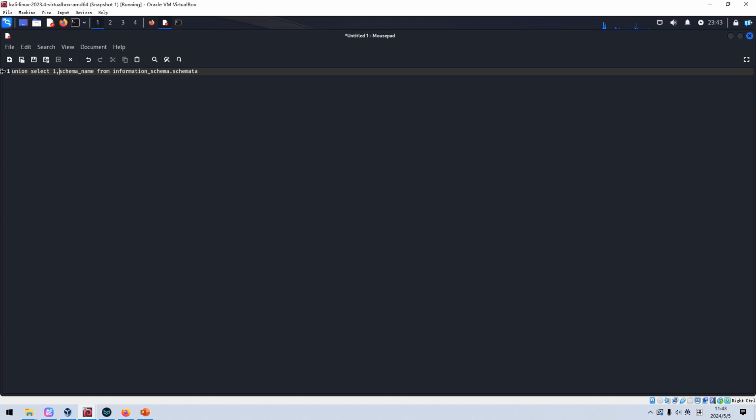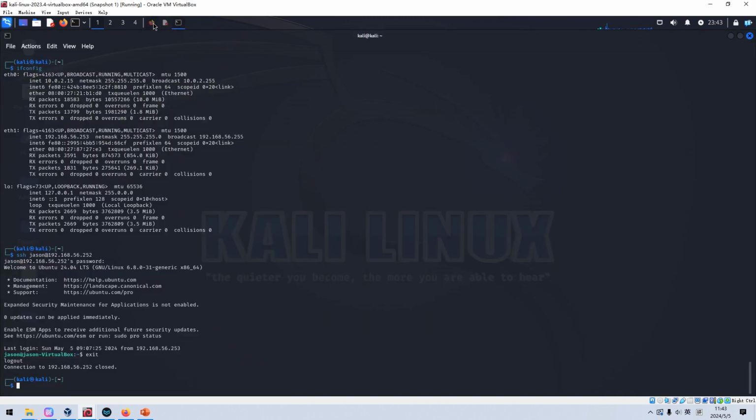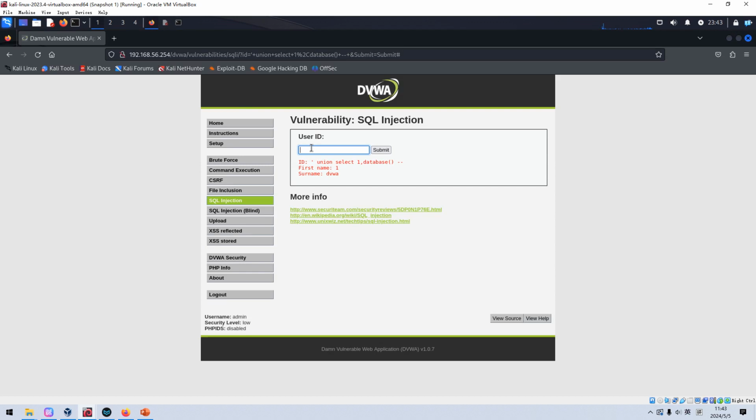And because there will be more than one database, we can use group concat, and then use this one, and we can copy this statement and put it here. Remember, put dash dash and space to comment out everything after this. Submit. We got all